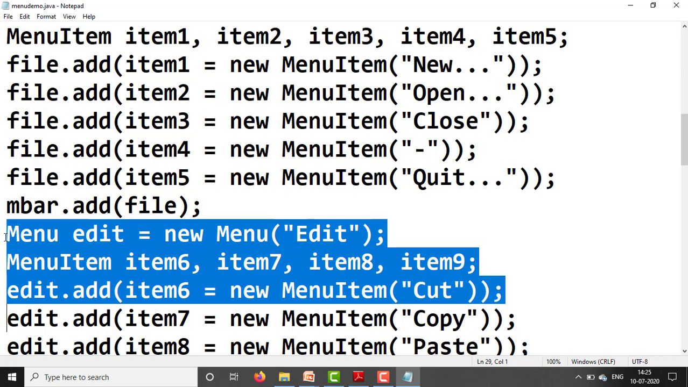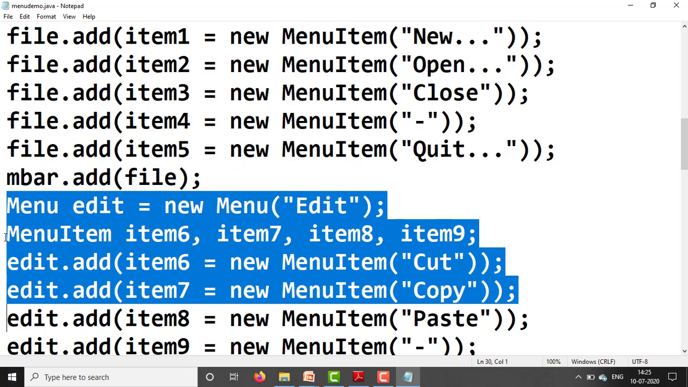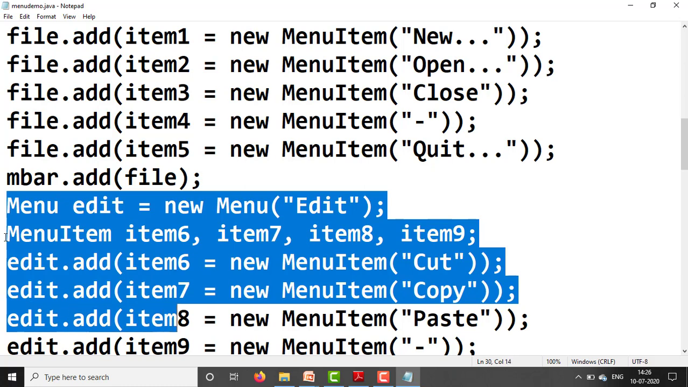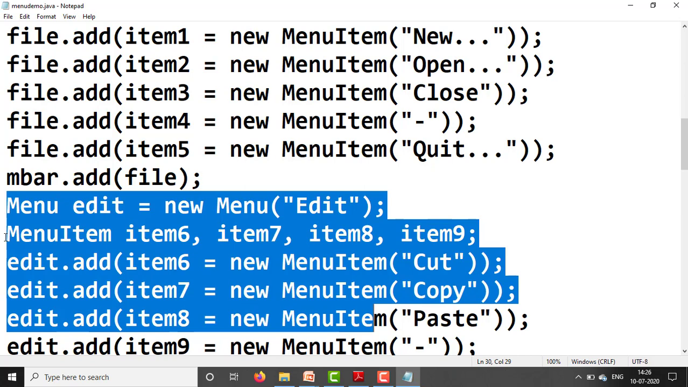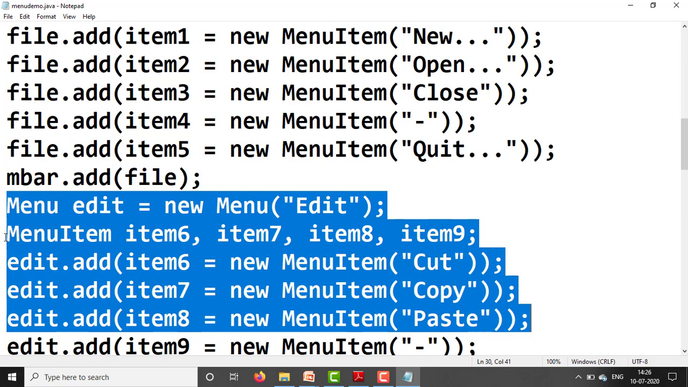edit.add(item6 = new MenuItem("cut")); Next, edit.add(item7 = new MenuItem("copy")); Next, edit.add(item8 = new MenuItem("paste"));